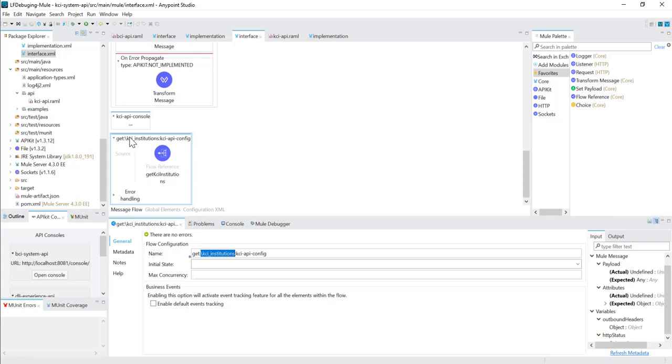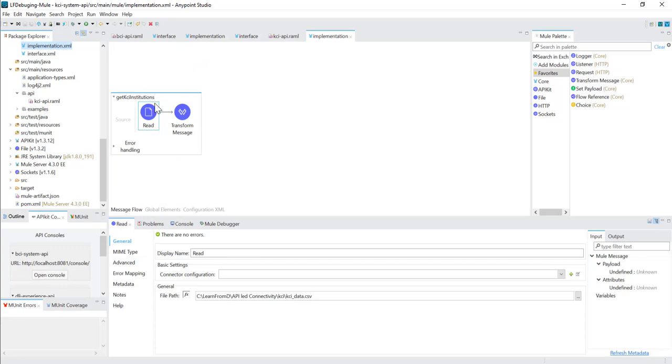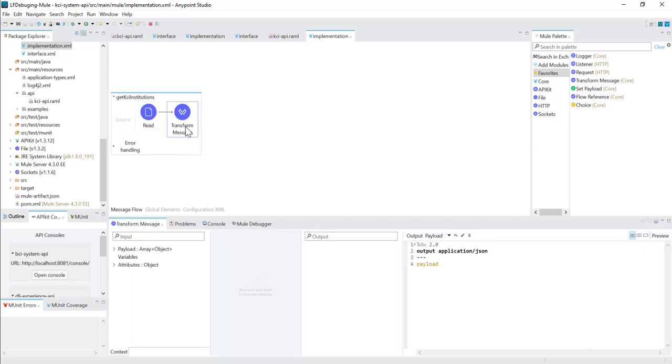And once the request is received in this flow, through this flow reference, it actually calls the implementation flow, right? In the implementation, if you see, we have used a read component which is reading this file. This is a CSV file, and later on we are converting that to JSON, right?